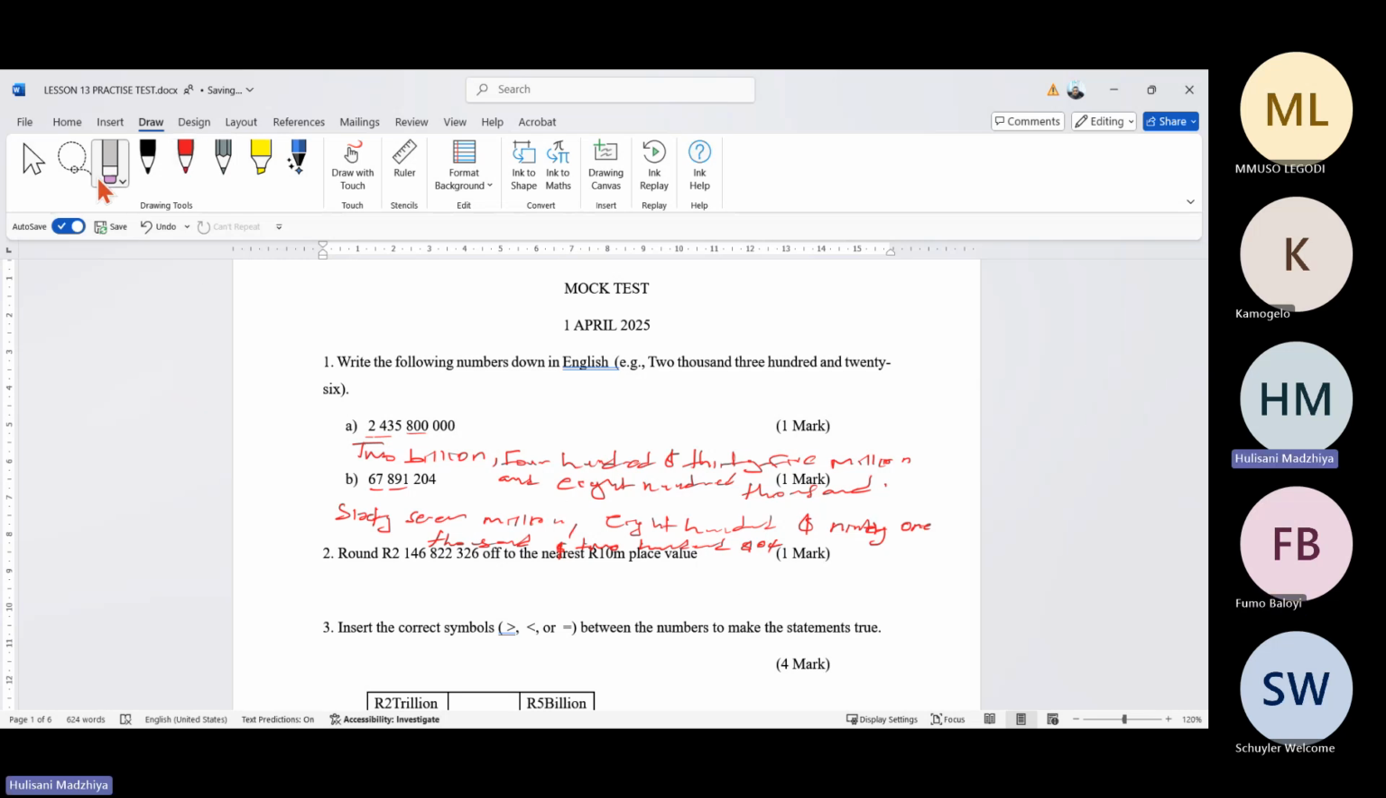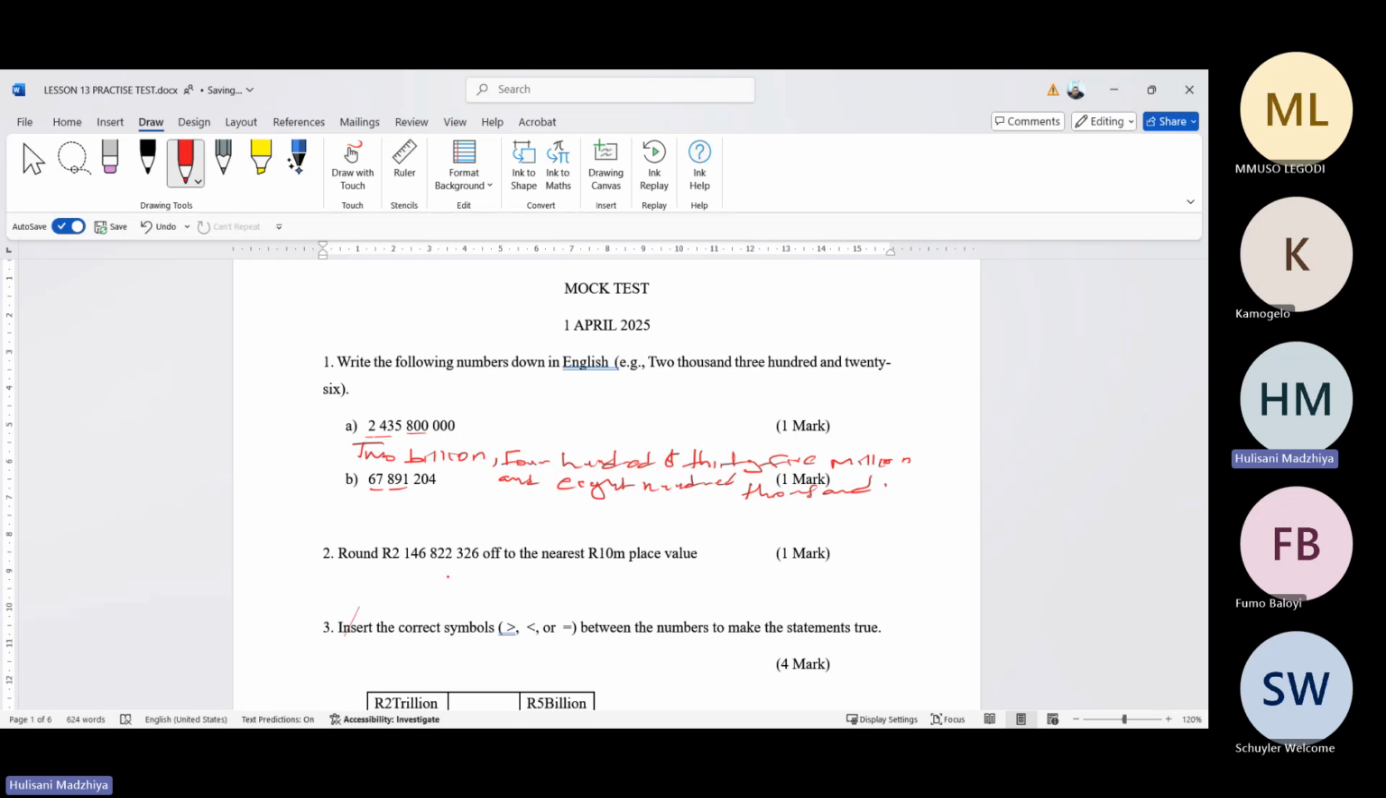So during the assessment, I did notice that some of those who completed the assessment did make a minor mistake here and there by not including the comma. So please make sure that you put a comma to indicate a breathing point, that this is how the number should be read. The second one says round